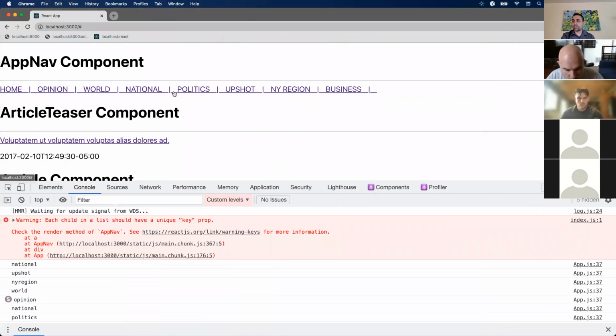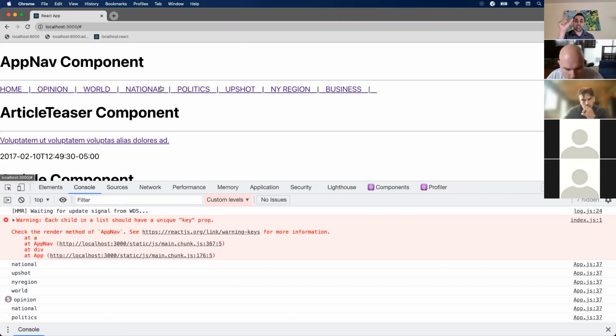So again, let's say the title of politics needs to change through some mechanic, like maybe a user can enter categories or they can update category names. If they change politics, React wants to be able to only update this part of your page instead of updating this entire component. All right, so if you give each one of these elements a unique key, React can say,